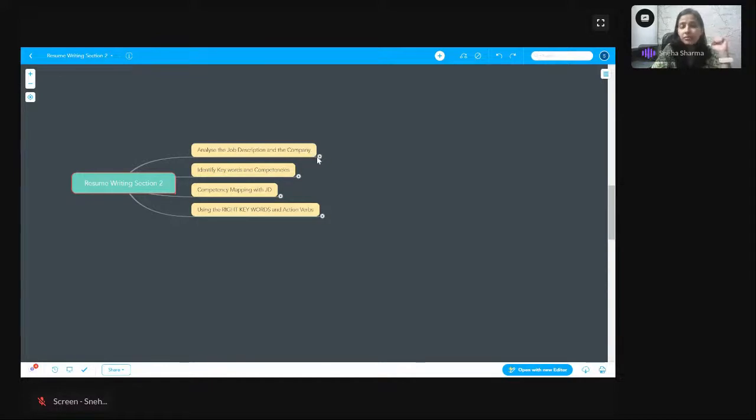So first thing first, when we are talking about writing the keyword section for a resume, we are talking about this because of ATS. We talked about it last time. It is the applicant tracking system. So in ATS, the shortlisting of resumes is done on the basis of the frequency and the usage of the